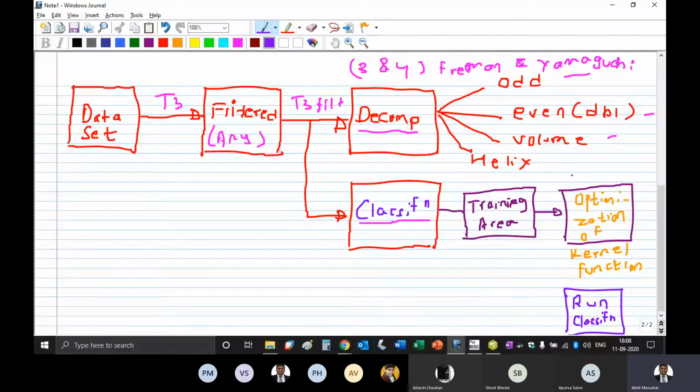So we first train the kernel function with the help of some training sample. This training area is nothing but training sample, and we give samples to the function and say that if the input is like this, the output is this. If the input is like this, then the output is something else. So we define this kernel function.